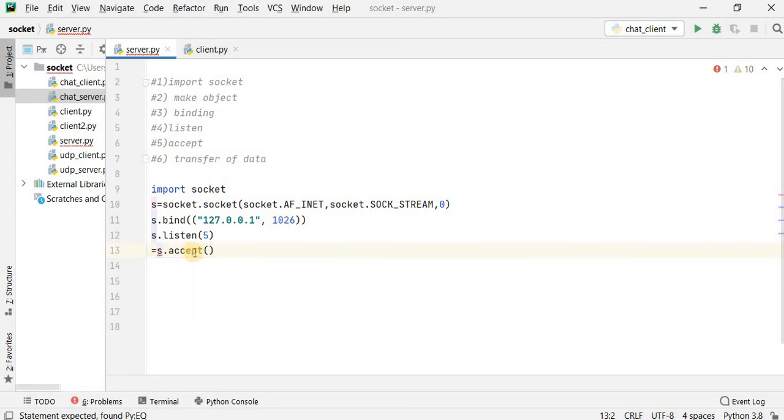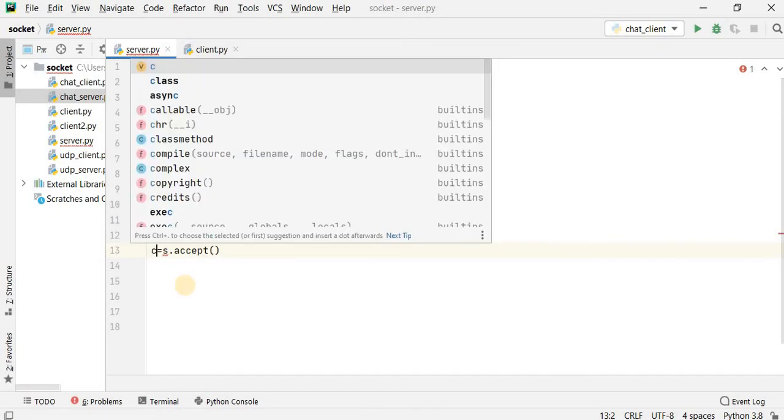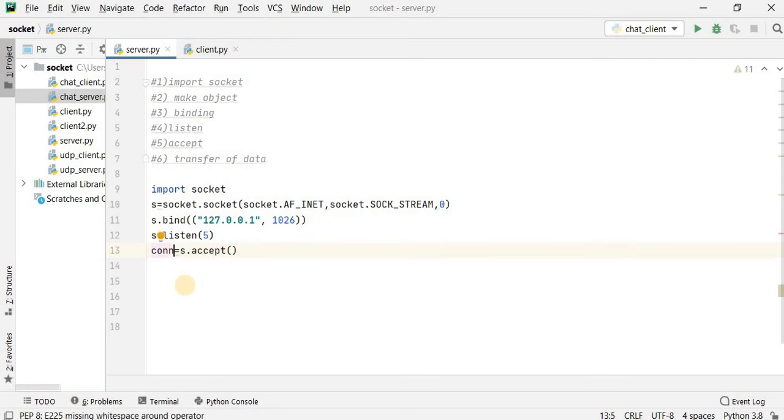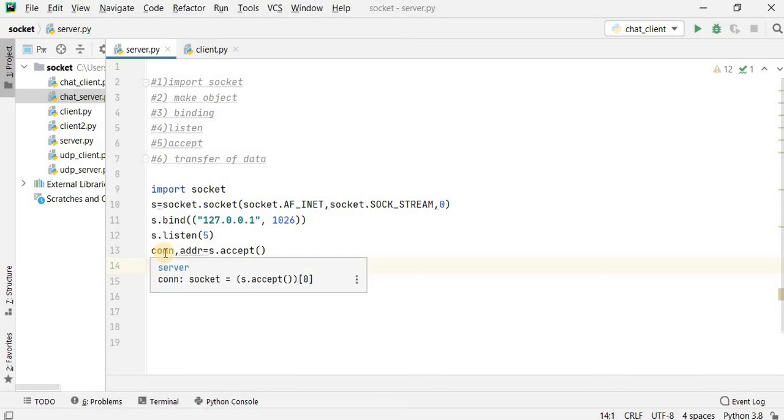So s.accept returns two parameters. The first one is the client object, that is conn, and the second is the client address, that is addr. This client object is used to transfer the data from server to client.